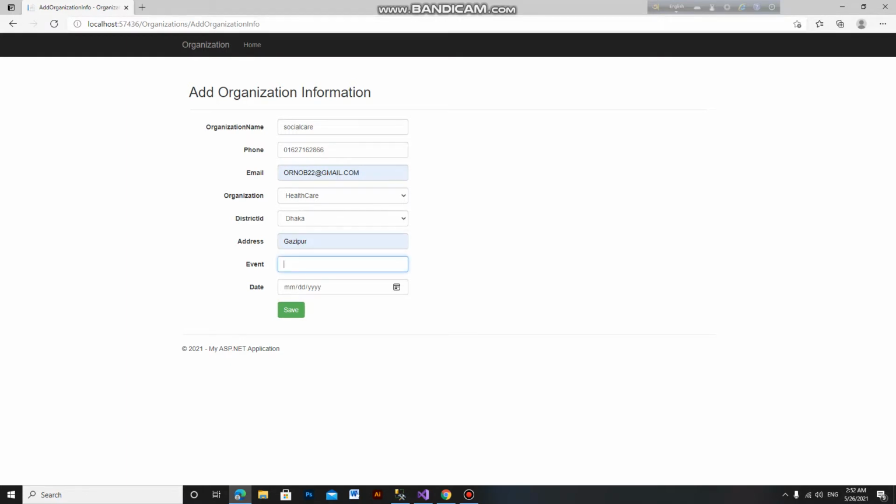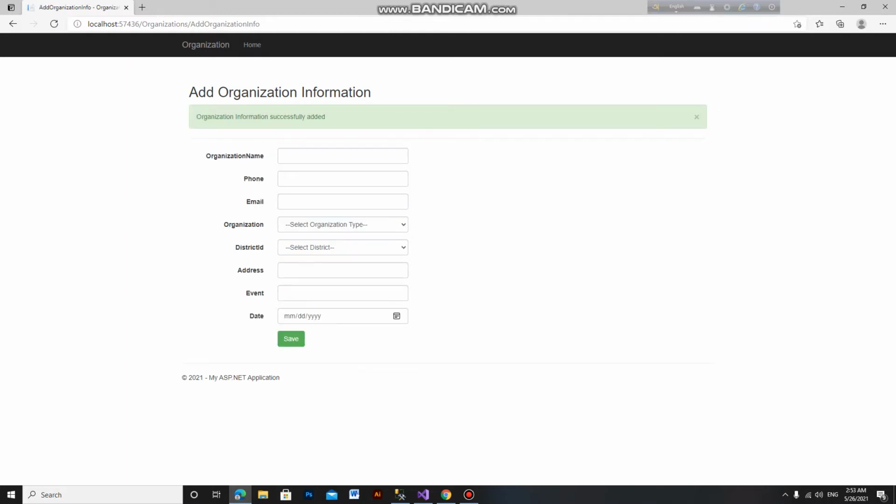Event, how can we create an event? So we create the event: safe, donate blood, donate blood, safe for life. So this is the fixed date, then save.